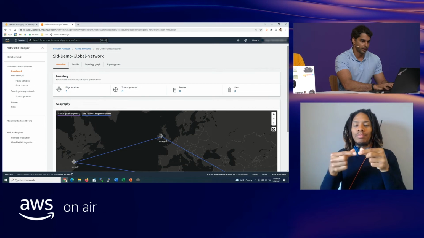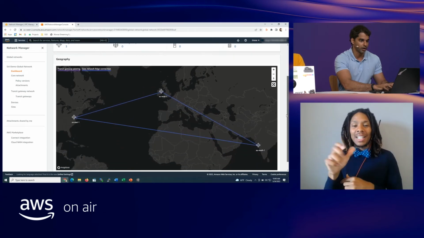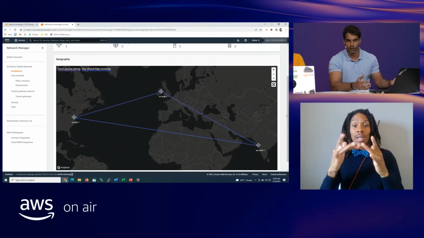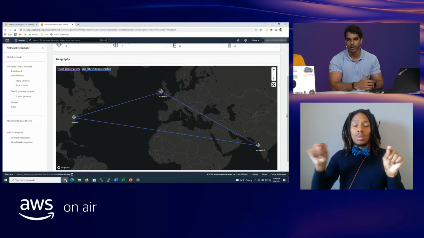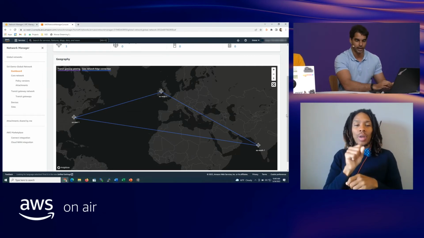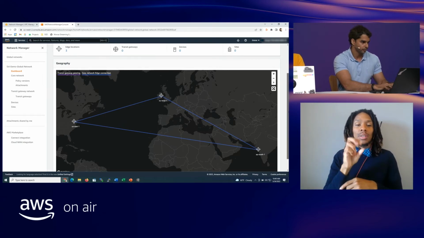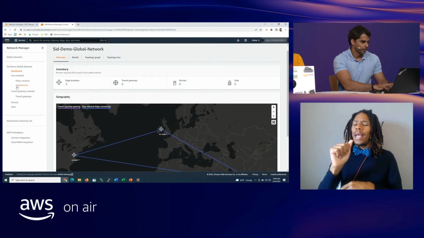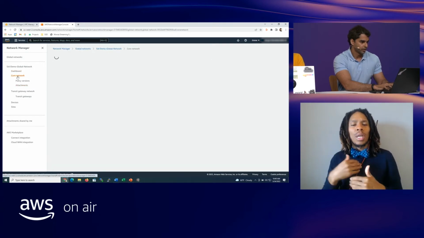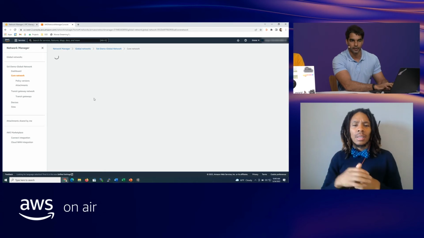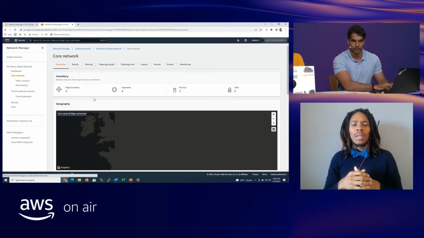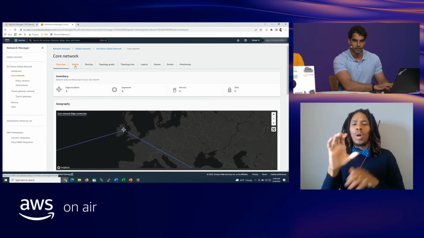I mentioned you get a single pane of glass. So this clearly shows in my global network, I have 3 edge locations or 3 regions, US East 1, EU West 1, AP South 1. We can go into the details. So on the left, I navigate to my core network.